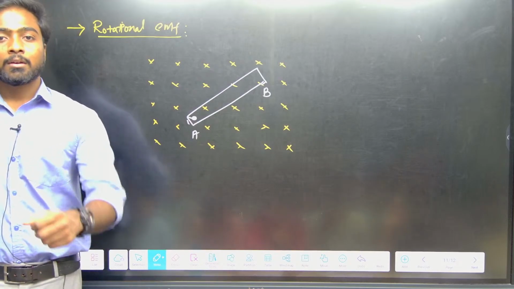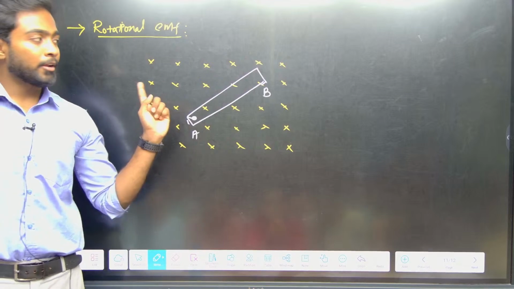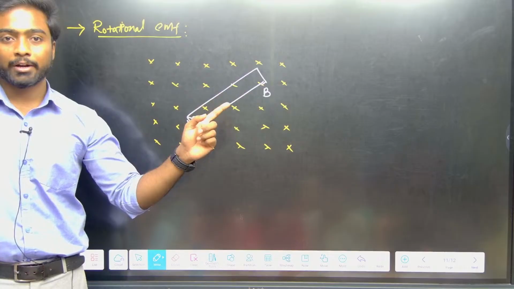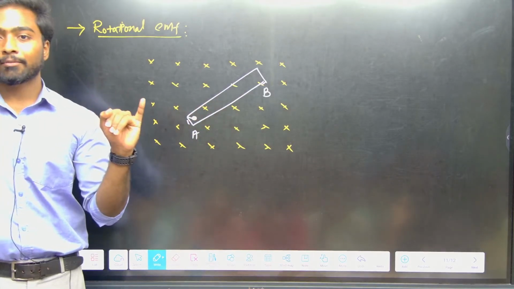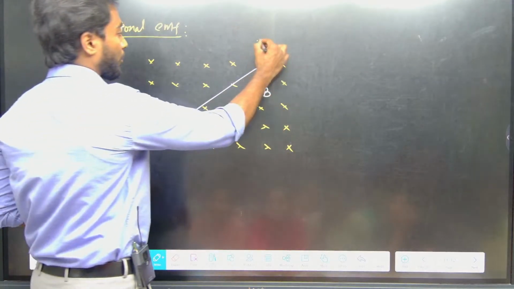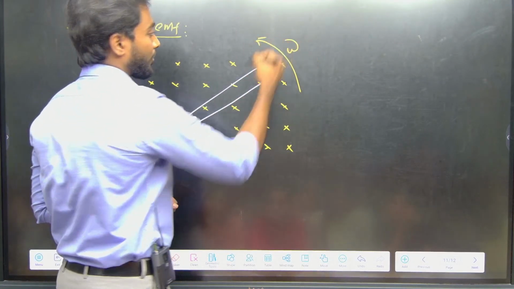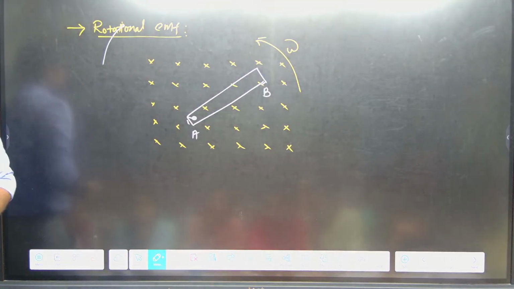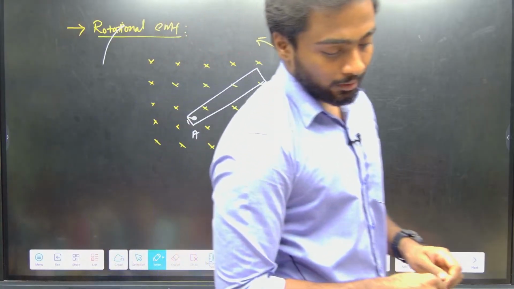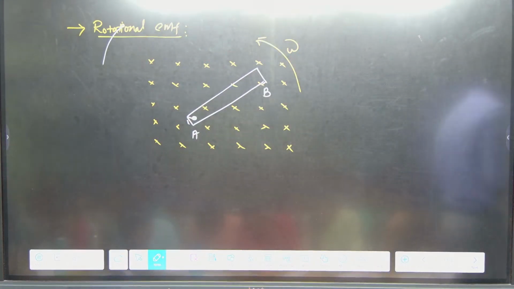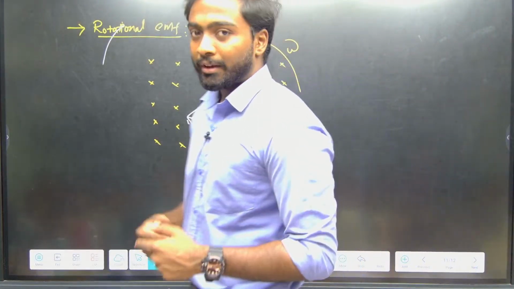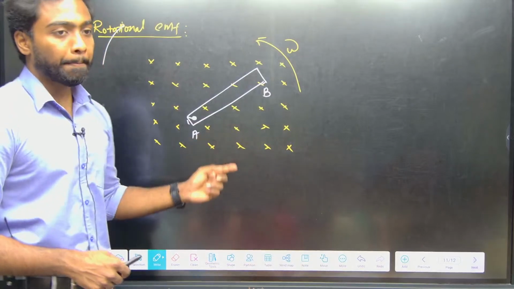Done. In motional EMF we were taking the horizontal direction, which means only one direction, so there we talked about velocity. Here we are talking about rotation, so it is angular velocity. When we rotate with angular velocity omega,